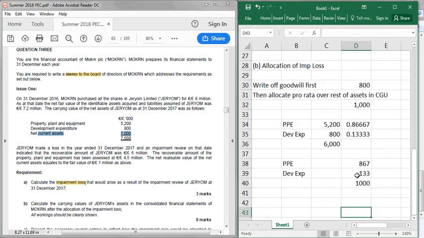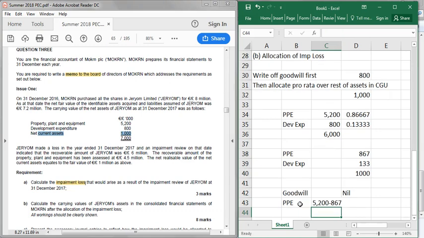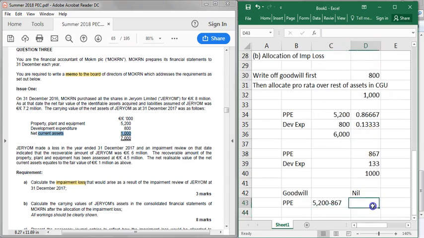Now there is one other important rule we'll get to in a second. So that's your first step. That would mean our goodwill becomes nil because we've written it all off. Our PP will become 5.2 minus 867. Now what you have to watch here, and this is the important caveat in IAS 36 at exam level,